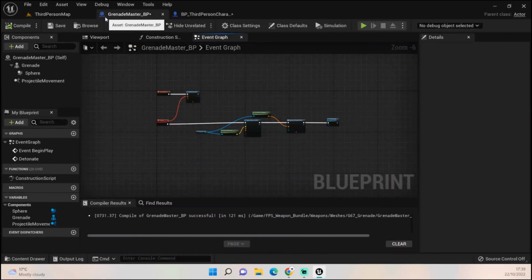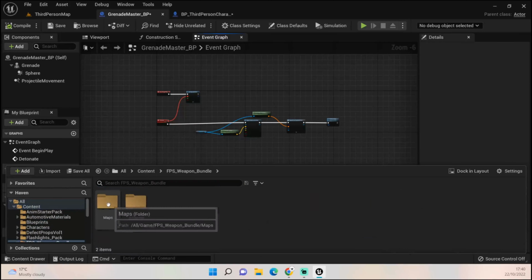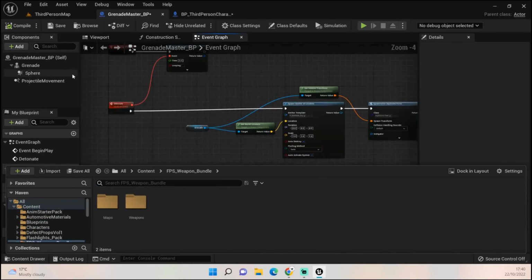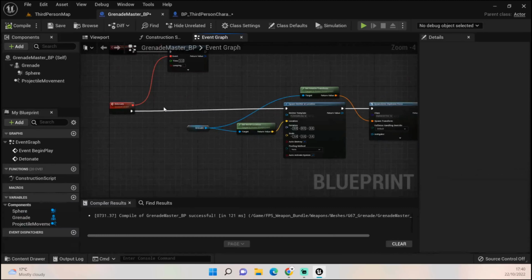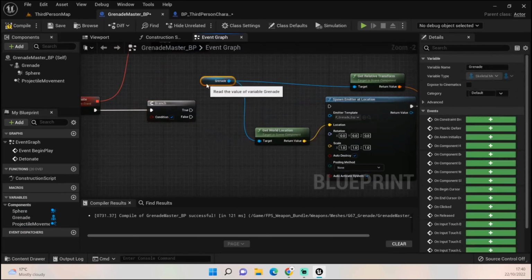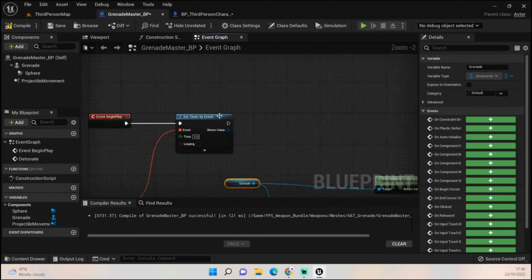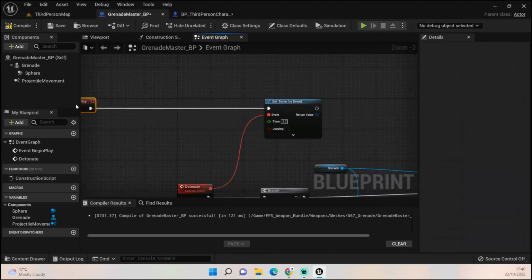Now you want to open up your grenade master for the next part. So as I mentioned, I've set these two grenades up, right? So at the moment, this always sets this grenade to the red grenade, okay? So we want a branch, basically, that checks to see if the red grenade is set up, right? Which is this one. So on event begin play, other than setting that timer up beforehand,